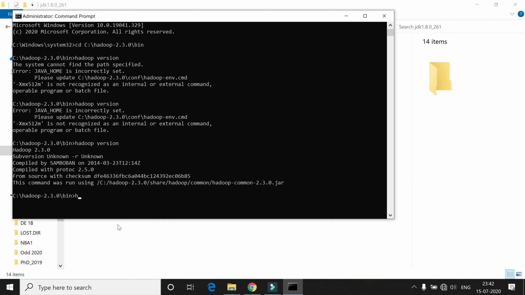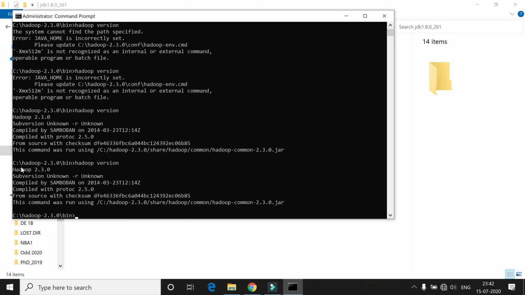Now I am giving hadoop space version. It will take some time. Now you can see the version is Hadoop 2.3.0.